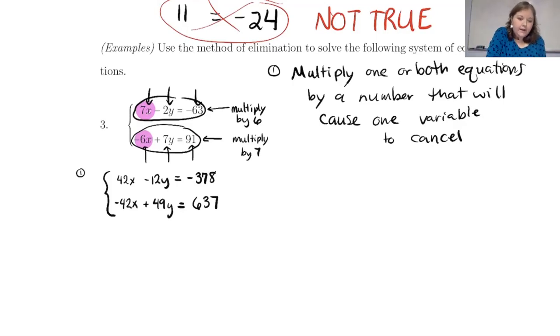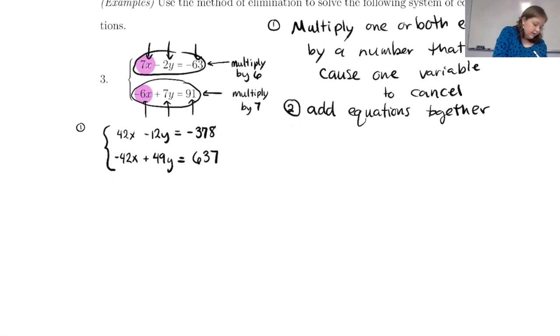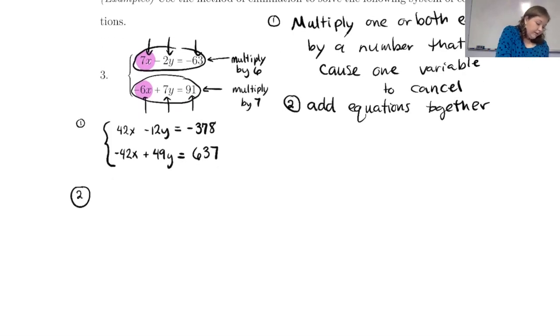So now we will go on to step 2 of elimination. Step 2 is add the equations together, and this is where the elimination actually happens. So in step 2, we are going to add together this first equation, 42x minus 12y equals minus 378, plus the negative 42x plus 49y equals